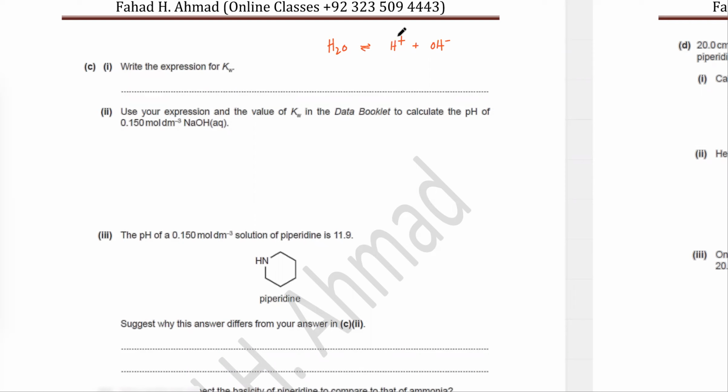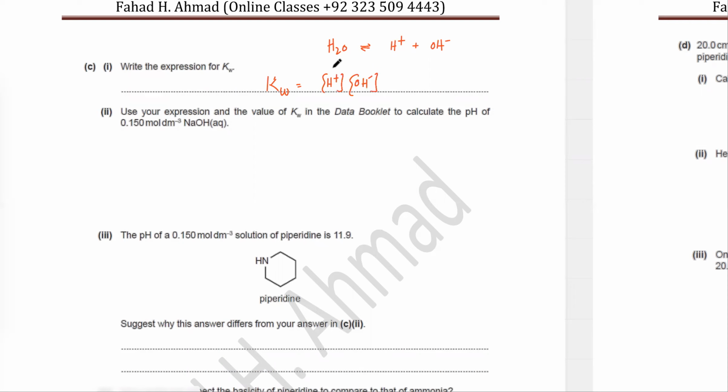So one of them is H plus one. The other one is OH ions. So KW is the ionic product of water. It's H plus one concentration into OH ion concentration,